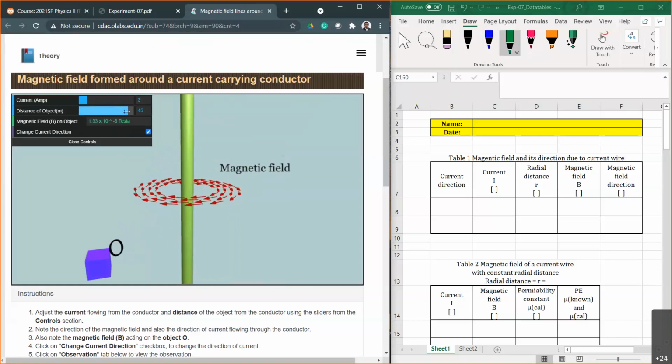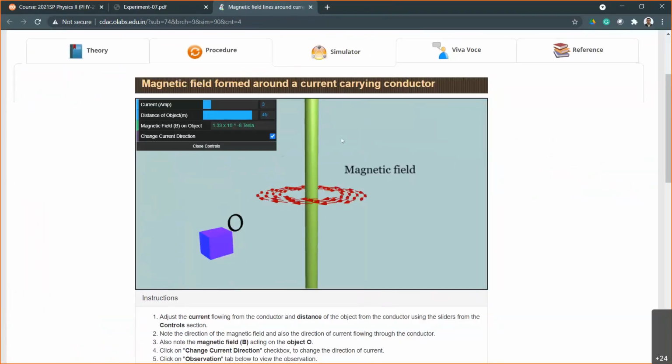These numbers, there's no way we can detect. If you're doing this in an in-person class, you can see how small the numbers are. Magnetic field is about 10 to the negative 8 Tesla. That is 10 to the negative 3 lower than the Earth's magnetic field. If we try to do that in an in-person real experiment setting, there's no meaning, because the Earth's magnetic field is everywhere. So you can't really identify what is the Earth's magnetic field component and what is the real magnetic field component at that